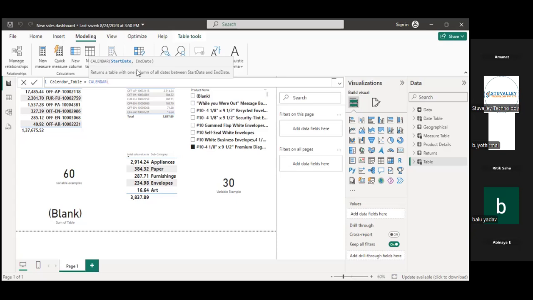So 365 rows, but how many rows do we want? We want only one row. So those 364 rows are unnecessary, unrequired data it will give us.